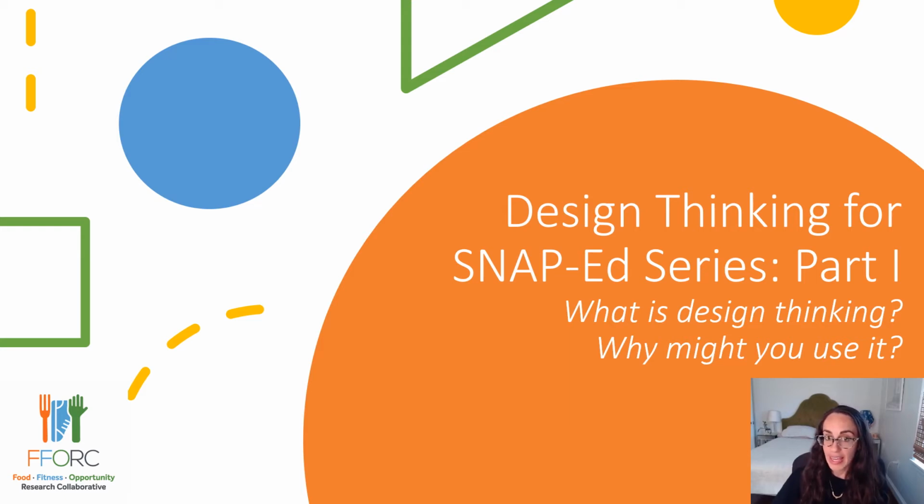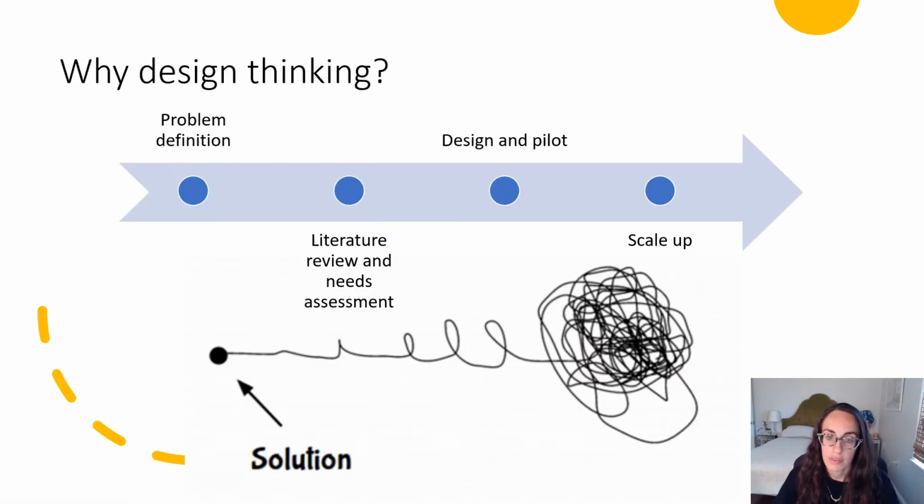What is design thinking and why might you use it? In public health, we often begin by assembling experts or conducting a literature search to define a problem and ultimately design a tailored solution for the people experiencing this problem. However, this approach can lead us to developing a problem that is not the right fit, or it may cause unintended negative impacts during implementation and scale-up because we've excluded the people experiencing the problem during the problem definition and